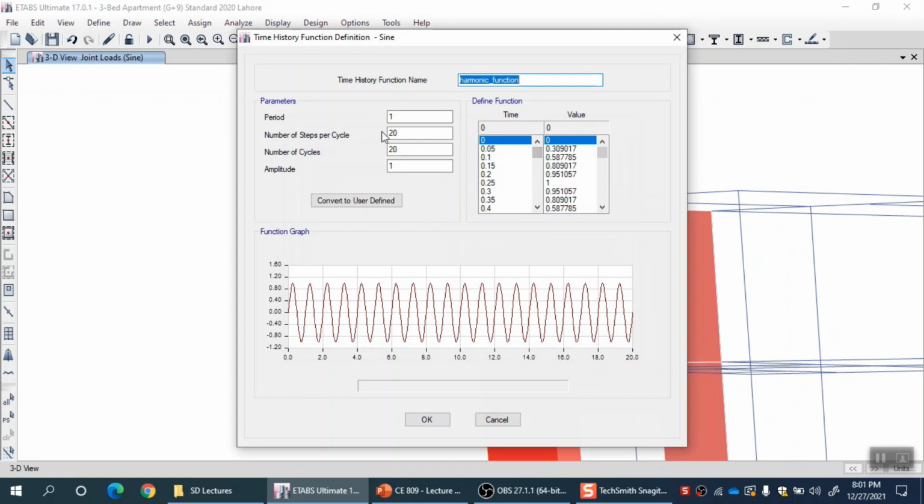Currently I can see that the time step which the program is using is 0.05 second, and it has created 20 steps per cycle and 20 cycles, so 400 steps. So if I want to save the analysis results for all 400 steps, then I should go here,